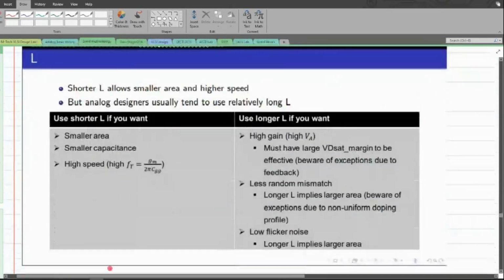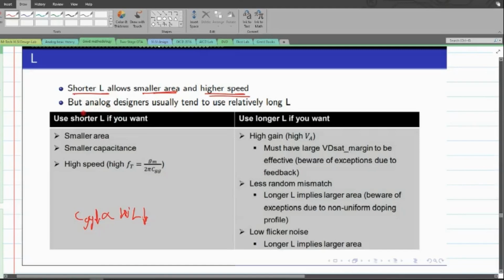Yeah. So here I have just listed out some of the shortcomings which we have already seen. We know that whenever we go for a shorter channel length, we end up having a very high speed circuit. The fT becomes quite large when I go for a shorter channel length, and again the area of the transistor also becomes small. When the area of the channel becomes small, the capacitance, which is generally proportional to the width and the length, will also become small just because of the shorter channel length. So when this becomes small, obviously the gate capacitance will also get smaller.